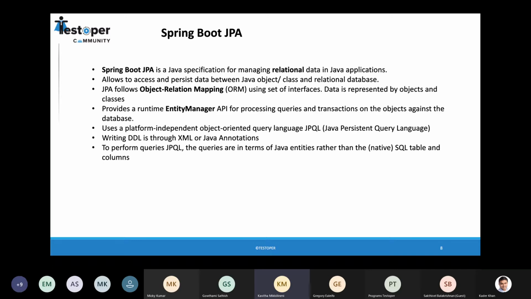So currently the JPA is giving us the view of converting this into the Java based approach. That is, it will convert the tables and columns into objects and classes. So it is easy for us to view in that fashion. And it forms the object relationship model, and it has the set of interfaces for each persistent data view. And we have the entity manager API for processing queries and transactions. We would have heard about Hibernate. Hibernate is a framework on JPA only, but that is an implementation way of doing it.